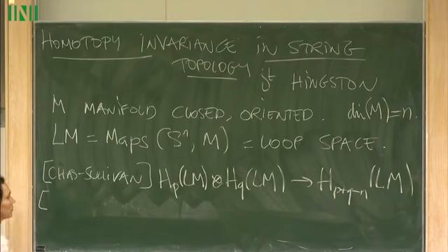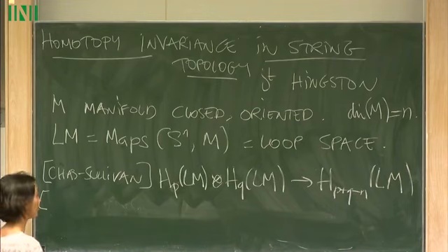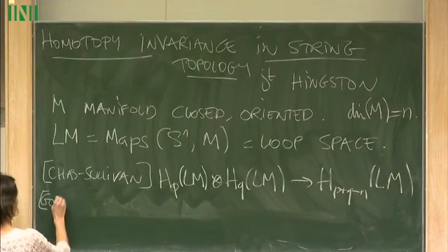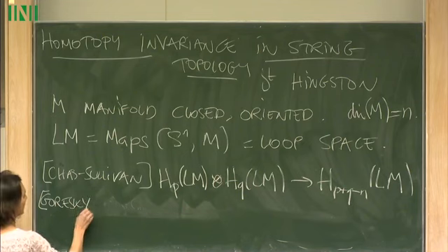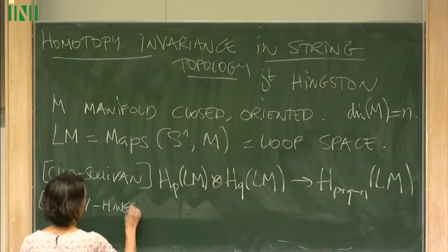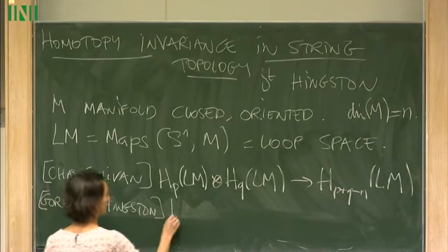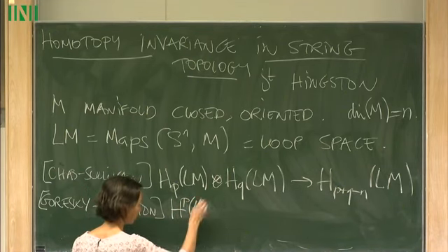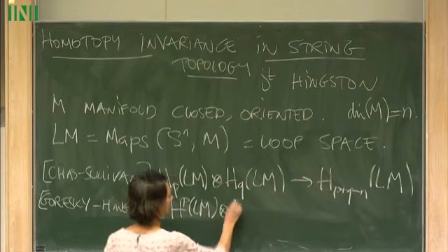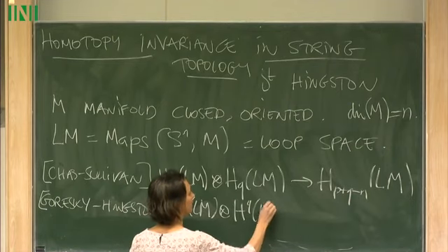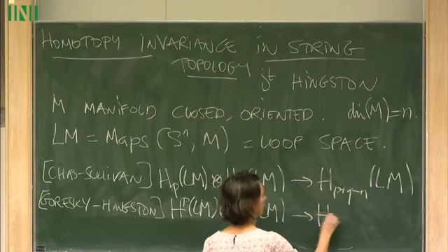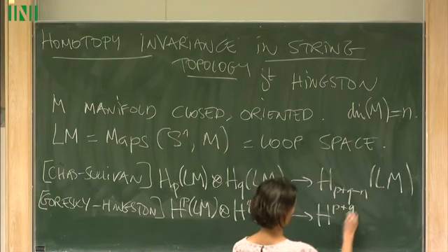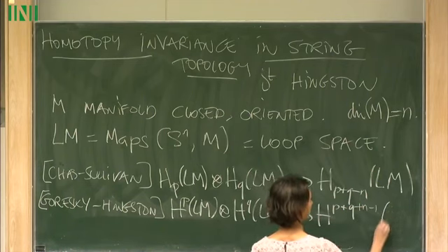It's a little bit nicer to state as a cohomology product. Goresky-Hingston write a product, so cohomology H^p(LM) tensor H^q(LM) to H^{p+q+n-1}